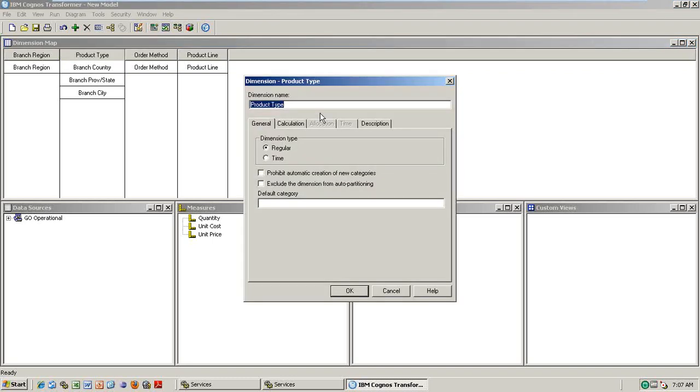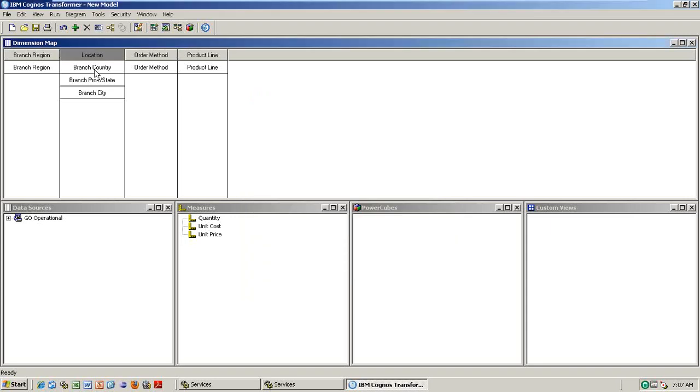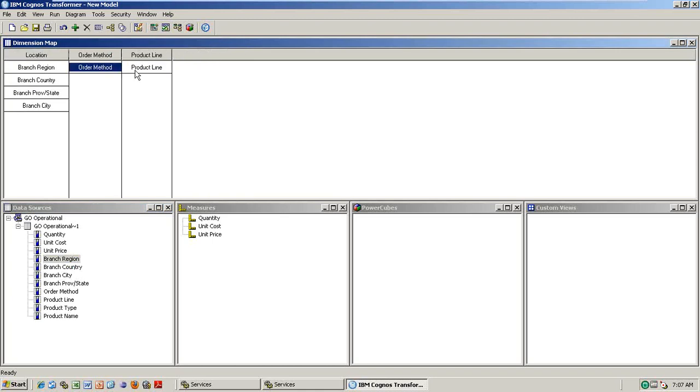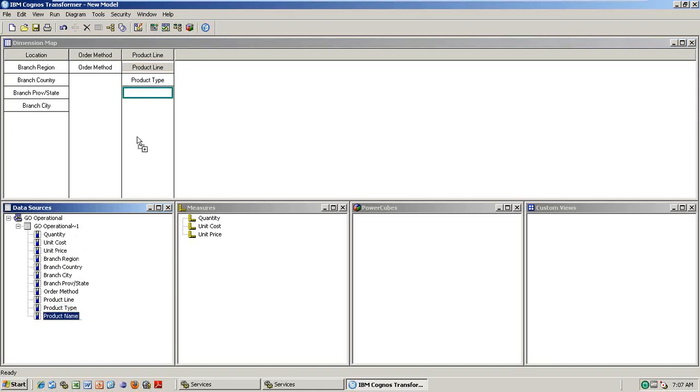So you see here put region. So you put location, you need to adjust it something. Location dimension. So here region you want, right? So I take the region as usual manually. Done. So you delete, this dimension is not correct. Order method is there. Product line is there. What's the next? Product type and product name. Done. And if anything is there, introduction date or anything, you can. So these are the dimensions correctly now.